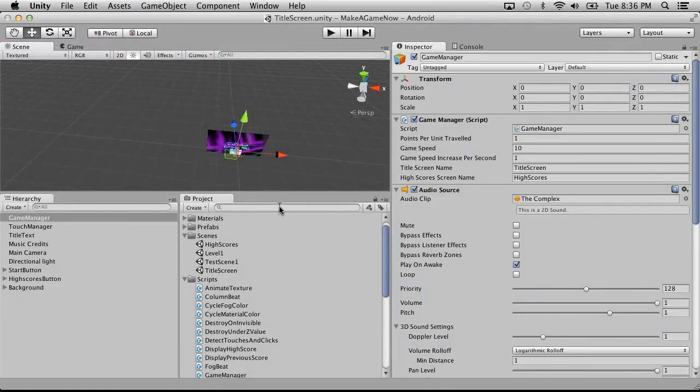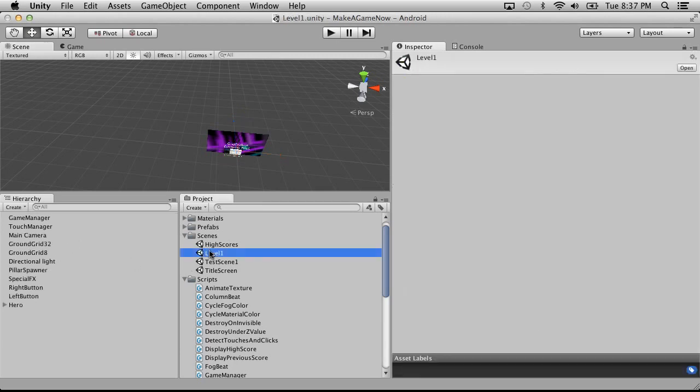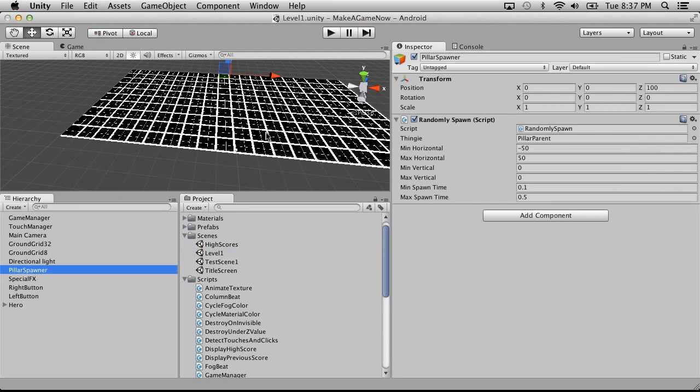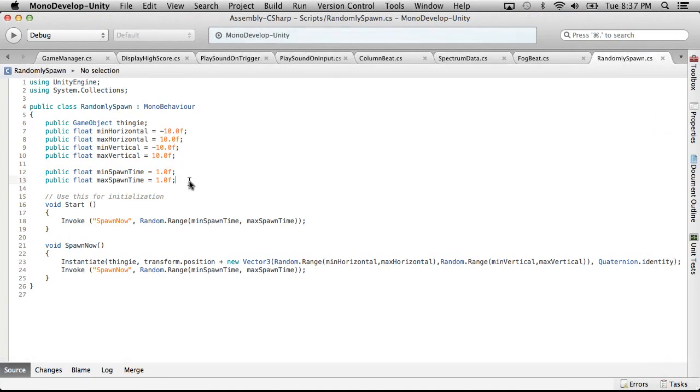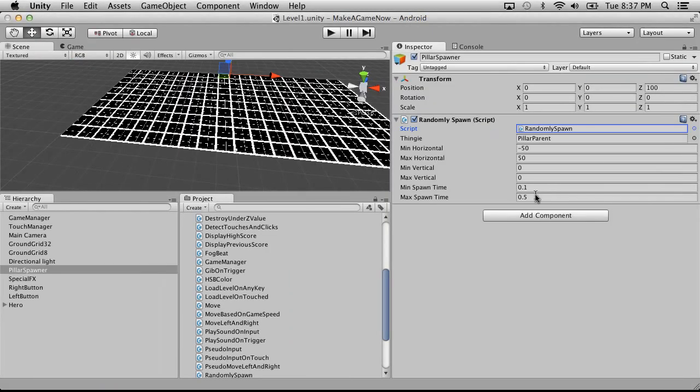So right now, our spawning is not based on our game manager. Spawning is actually based on, if we go into level 1, we have a pillar spawner here that spawns things based on parameters. I think I'm just going to leave it like that. And I don't think I'm going to have the game manager talk to it. We'll just change the values in here, but we're going to add some stuff that allows you to tweak the spawn times and stuff. So right now we've got a min spawn time of 0.1 and a max spawn time of 0.5. I think what I'm going to do is...